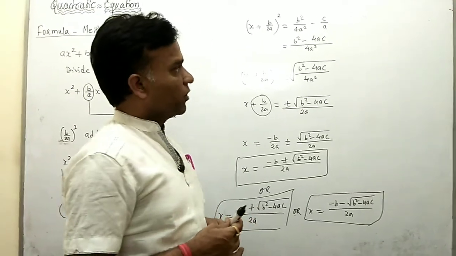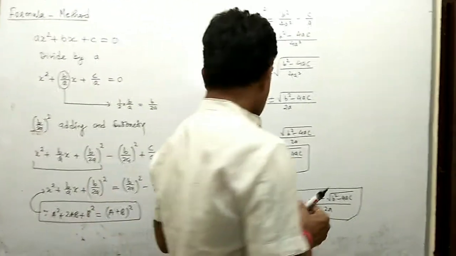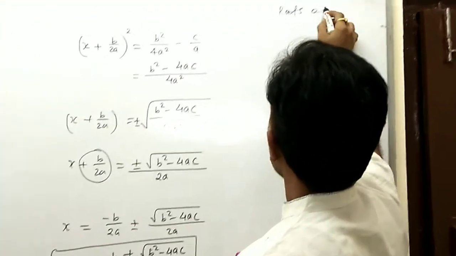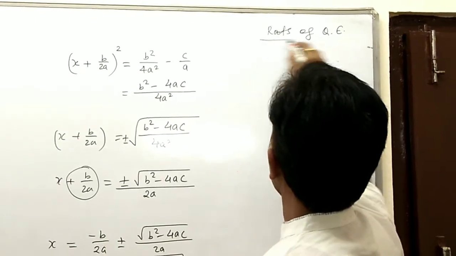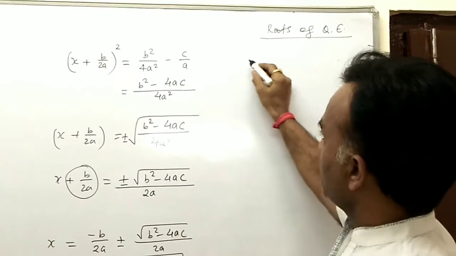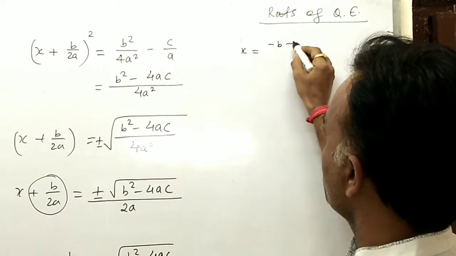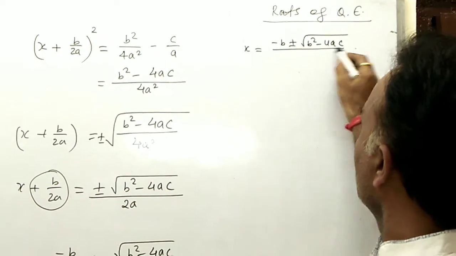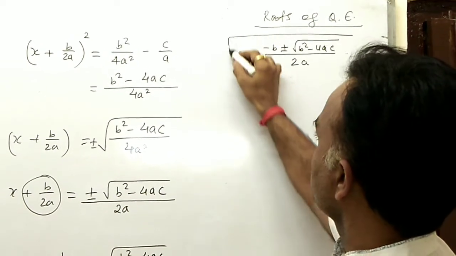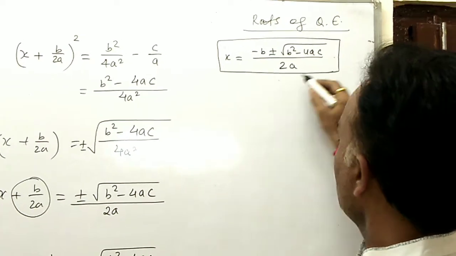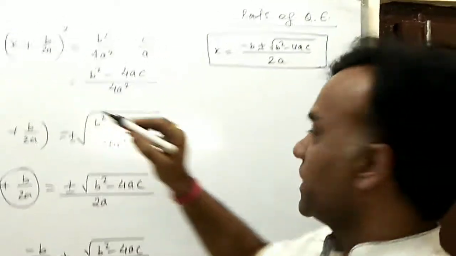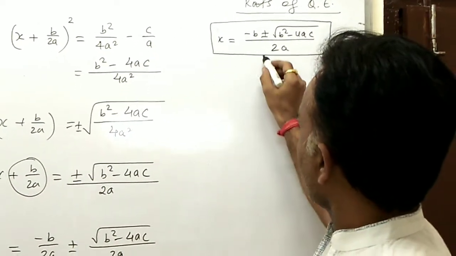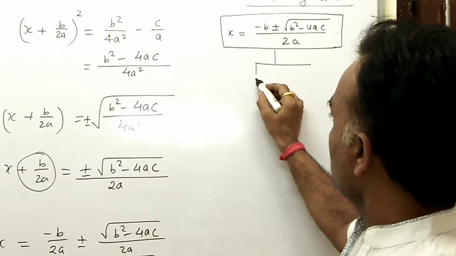Okay, so basically there are two conditions, because there are two roots of the quadratic equation, which we know are alpha and beta. First we write down the basic formula: minus b plus minus under root b square minus 4ac upon 2a. That is the basic formula for solving the quadratic equation, in which you compare a, b, c from the quadratic equation and put them here, and then you get the factors. There are two factors of this quadratic equation, alpha and beta.